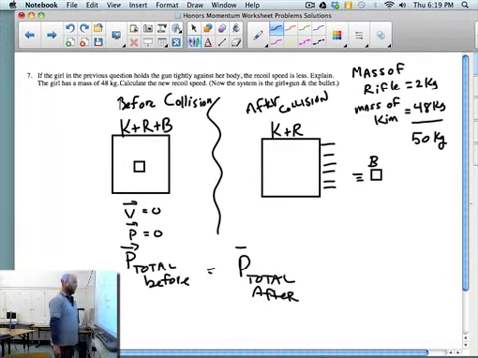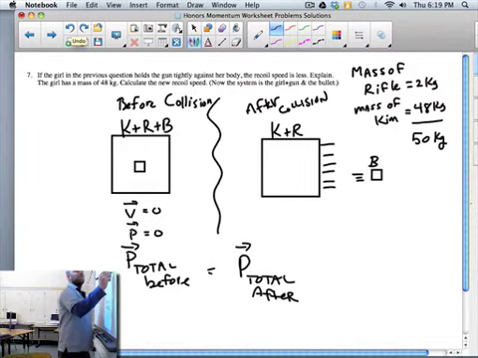Right? And since the total momentum before is 0, that means the momentum of Kim